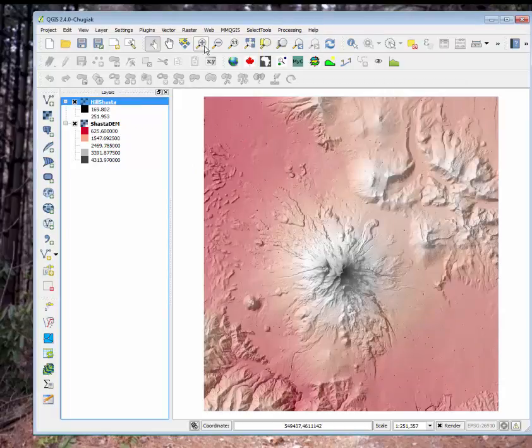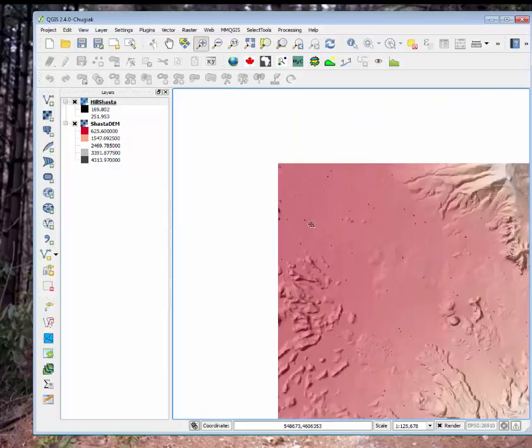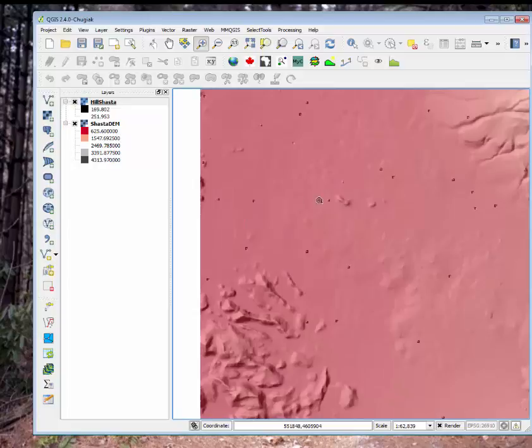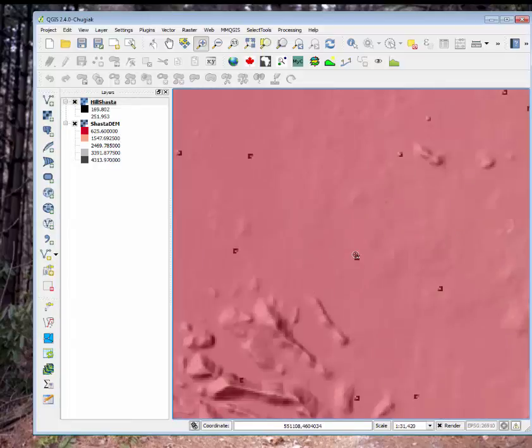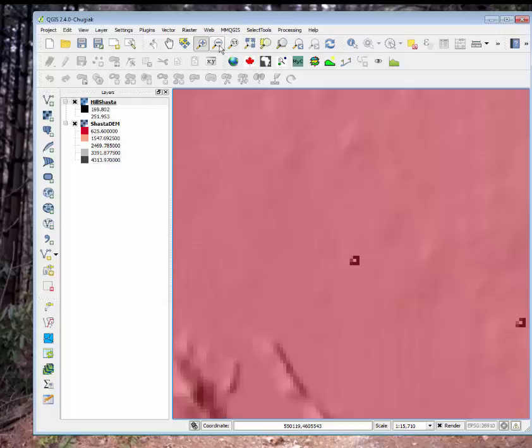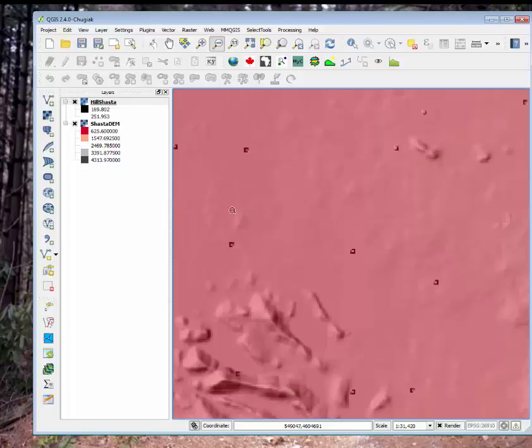Now we've got some areas here where we have some anomalies, and so I'm going to zoom in a little bit and show you these. You can see these anomalies. See the little anomalies that we've got here, and these are the ones that we want to fix. How we're going to fix that is we're going to process the Shasta layer with a low pass or a mean filter that smooths it out, that takes all the information around it and uses that to smooth out these errors, whether they be drops down or spikes up.